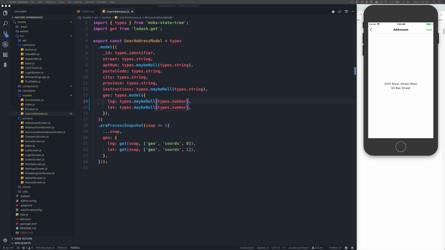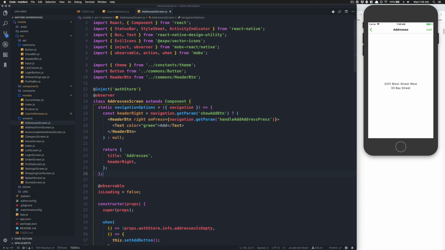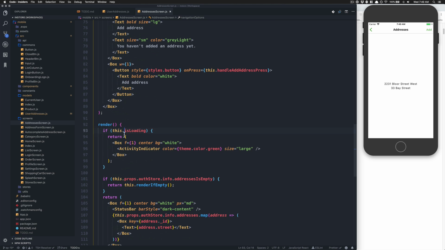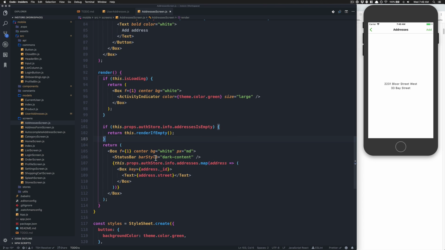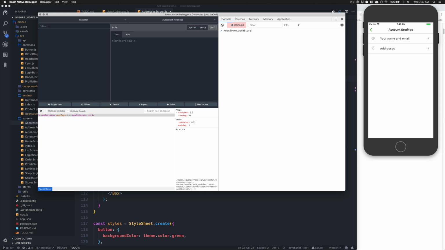So what we can do with this spinner is, if we go to the addresses screen, here we put the spinner if this is loading, okay? But it's not just about isLoading. I want to show it if this is loading and also if it's empty, and not if it's not both. Remember, this stuff stays, like if I go back and I see my element, so if I go